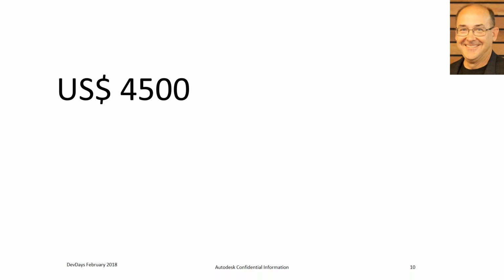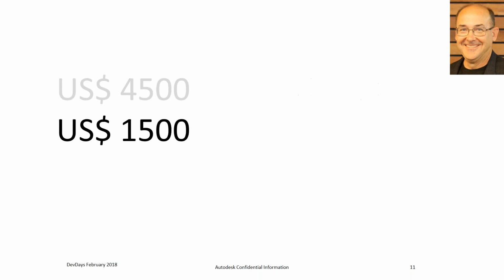And what's the behavior? You really have to think hard. How many seats do I want? Because this is such a big commitment. Or maybe what you're buying is a collection, an AEC collection, a manufacturing collection, a media and entertainment collection, where that perpetual license would be $8,000, and that maintenance might be $1,500, $1,600, $1,700, $2,000. It's a lot of money.